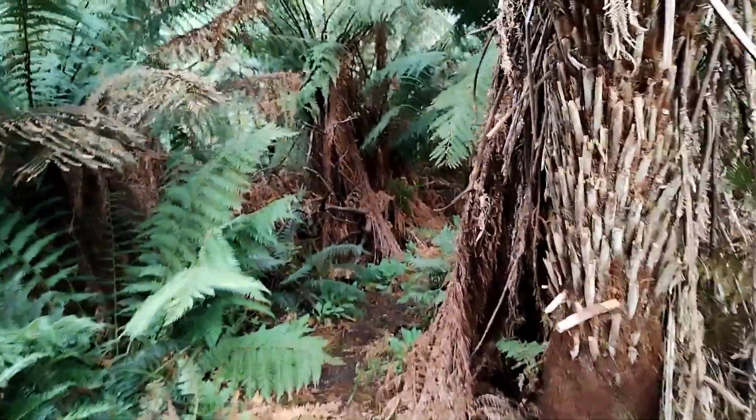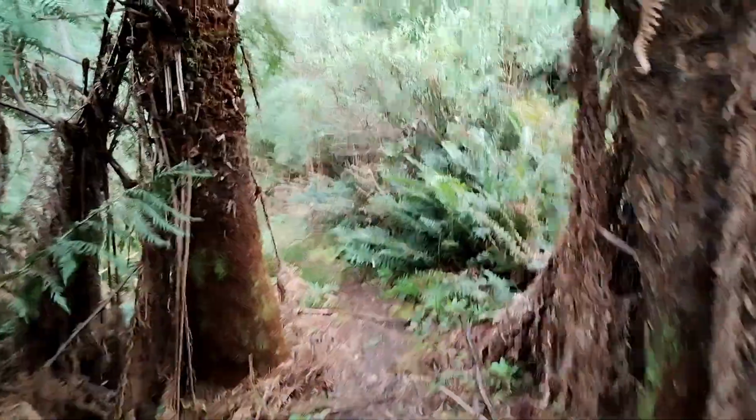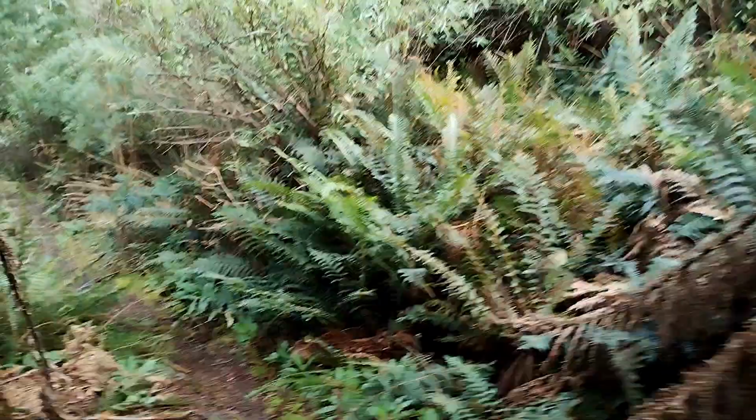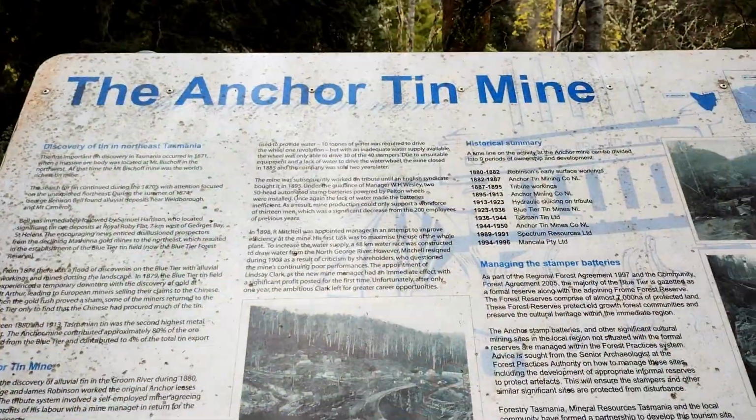But anyway, once you do this bit, you'll be wanting to get back to the car, I should assume. It's supposed to be a 30-minute round trip, so that's a couple of Ks, I suppose. K in, K out. K equals kilometre for...